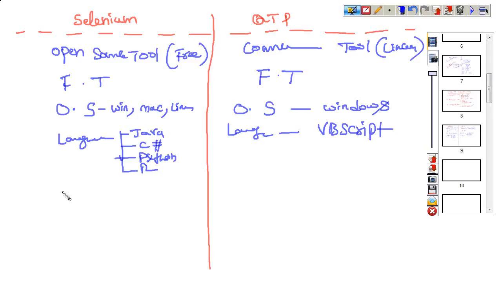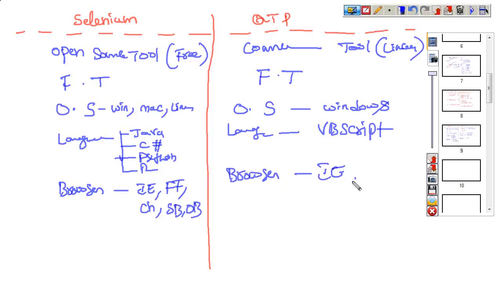Next, Selenium supports multiple browsers: IE, Firefox, Chrome, Safari, and Opera. QTP supports by default IE, Firefox and Chrome browsers. One more point: Selenium supports web applications and mobile applications.